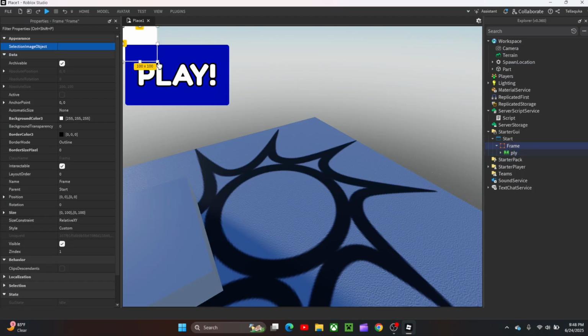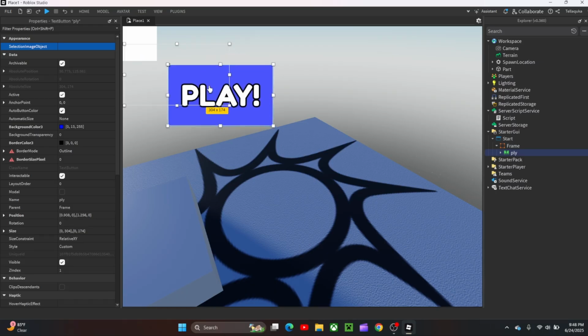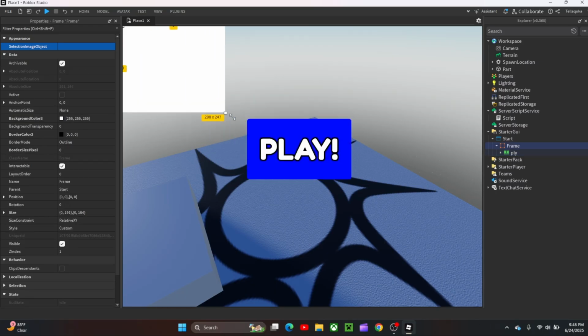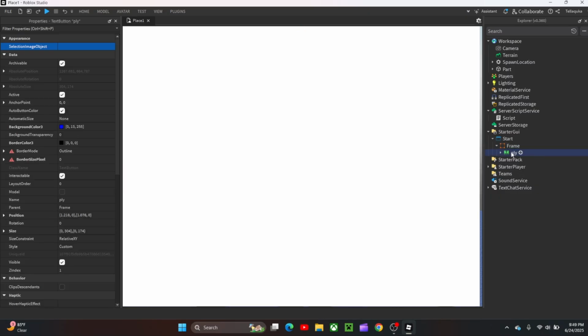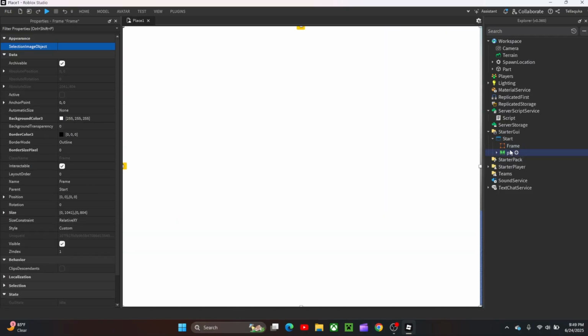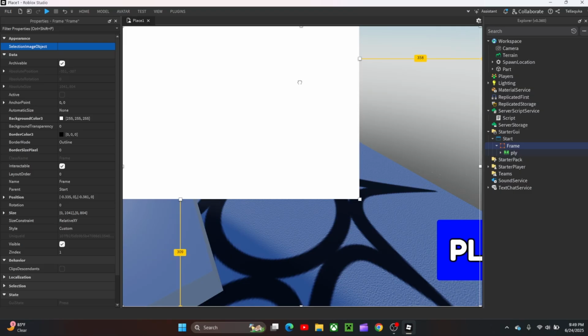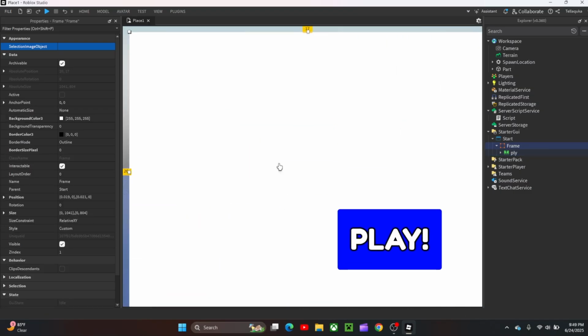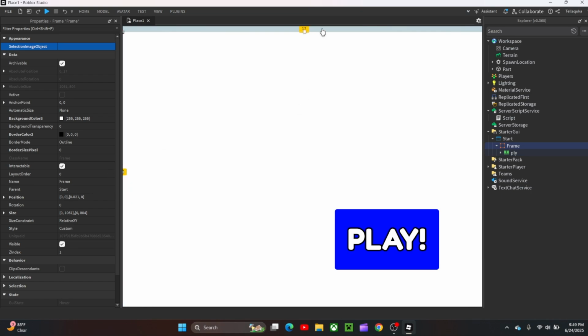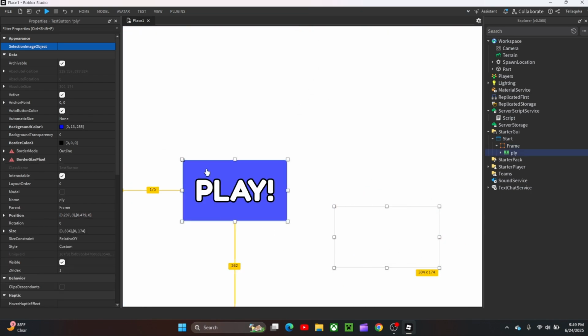And you'll see that it's weird, so we're gonna do something different. Gonna grab the frame, we're gonna scale it all the way to screen size. We're gonna put this guy, and oh no, we're gonna put this guy here, and for him, put him back in there. There we go. Boom, boom. Put play over here,